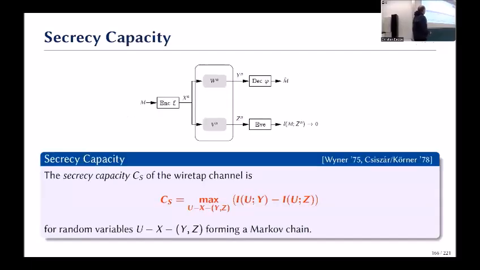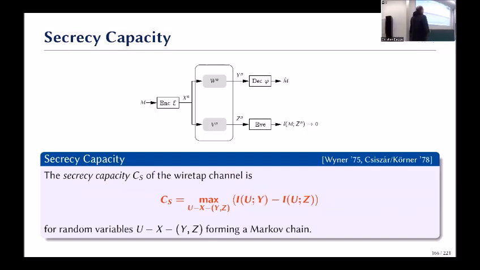And it was already shown for this model that the secrecy capacity of the wiretapper is equal to the mutual information between U and Y minus the mutual information between U and Z, where U, X and Z form a Markov chain. This was a result of Schaefer, who looked exactly at this model. The first idea was by Wyner, who looked at the degraded case. That means first